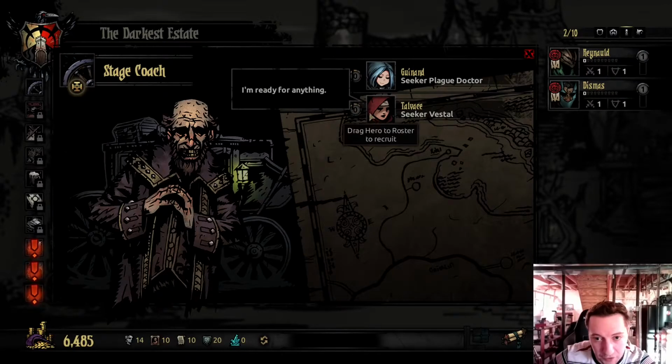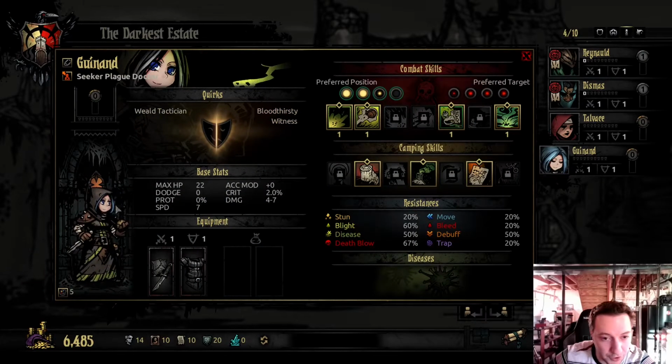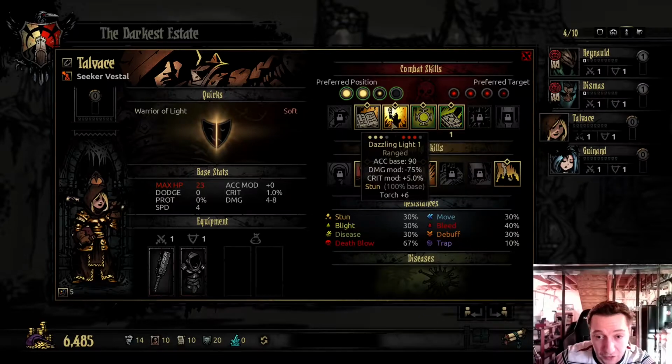We've got a Vestal and a Plague Doctor find their way to us now that the road is clear. The Vestal already has a custom skin, which is pretty nice. We'll use that. And the Plague Doctor does not have a custom skin, so we'll go ahead and get a custom skin on there. And as far as abilities go, these abilities for the Vestal are perfect, so this was a good